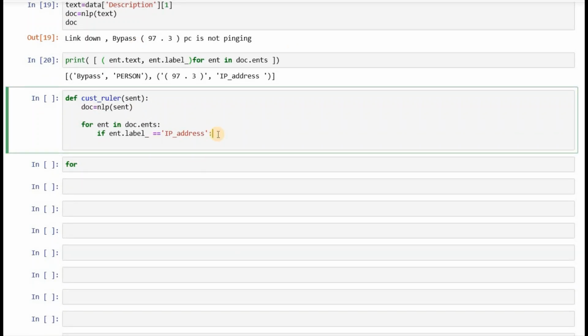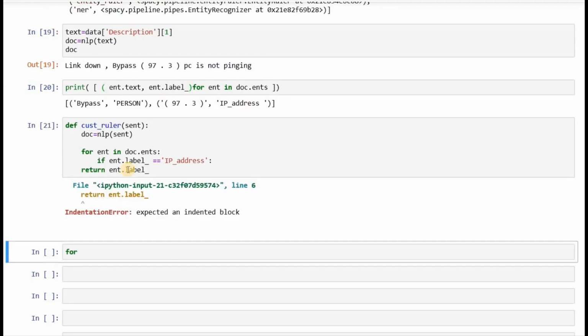If it is an IP address, then I would return ent.label. I would like that to return the label, that it's an IP address. So let's run it.